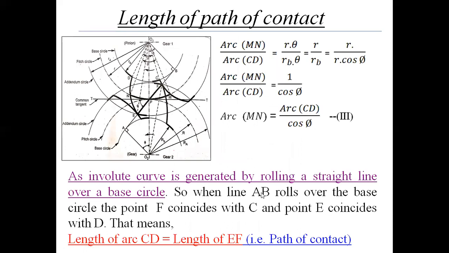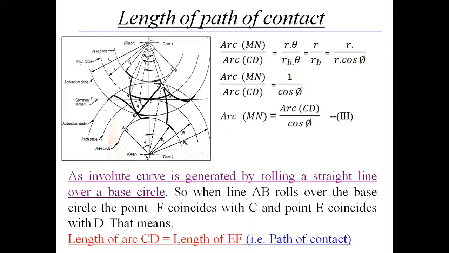So when line AB rolls over the base circle, the point F on the line AB coincides with C